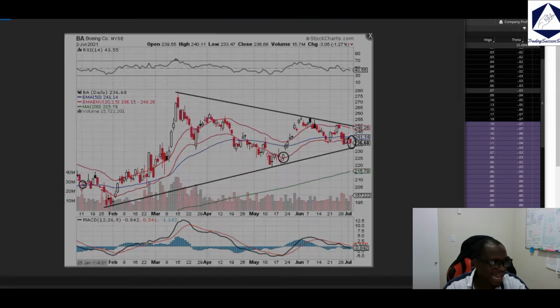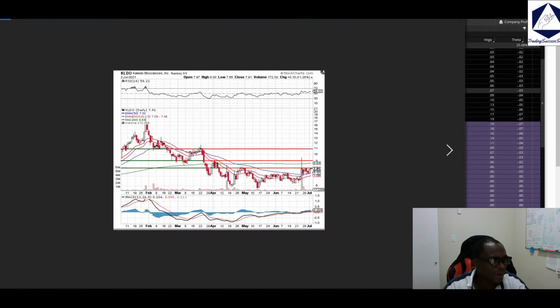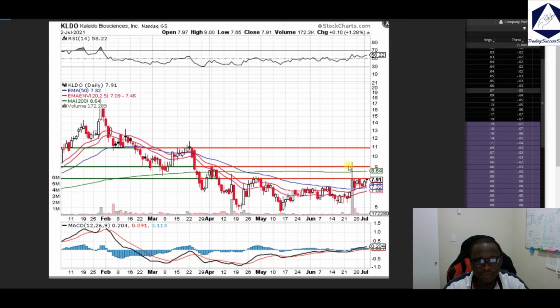Next is going to be our KLDO. The beauty of this one is simple, guys. We have 3 layers of resistance that I have my eyes on. Okay, let's say 4, because we have the 200 moving average here as well, which is 864. This stock is the one I'm buying